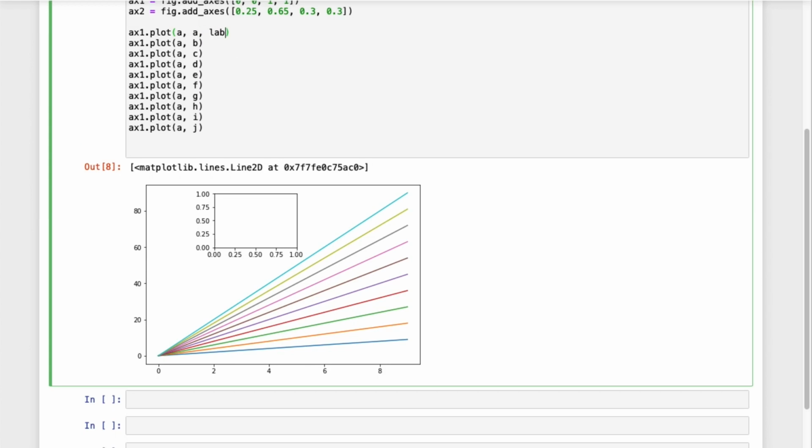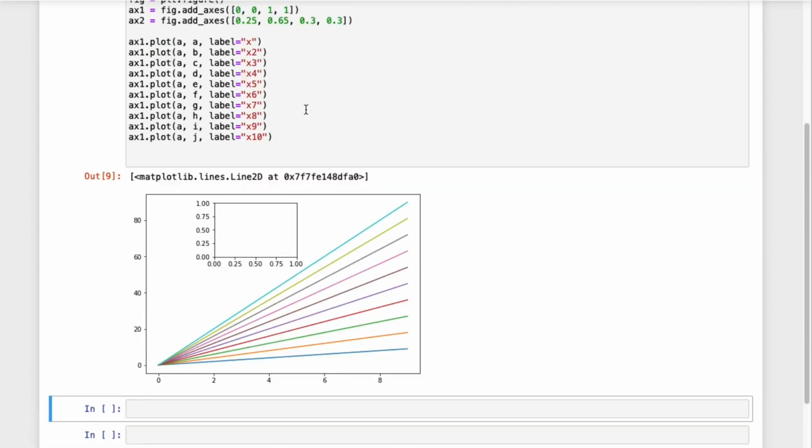So if I do label is equal to x, because we are just using x, and then label is equal to times 2, and then label is equal to times 3, label is equal to times 4, times 5, times 6, times 7, times 8, times 9, and then times 10. So now if I run this, we get absolutely nothing back, and that's because we need